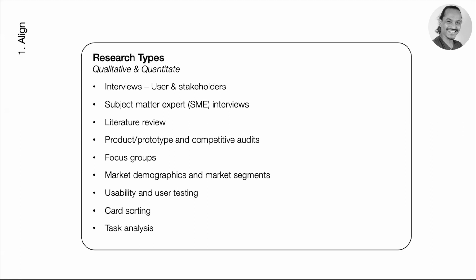Quantitative means it's in numbers. You get information or data results in numbers, and qualitative is information that you gather. So basically here you gather information from the users, as I said earlier, real users, and also the other stakeholders. Who are the stakeholders here? The business people. You go to the subject matter experts who are already in this market and offering similar kinds of services,